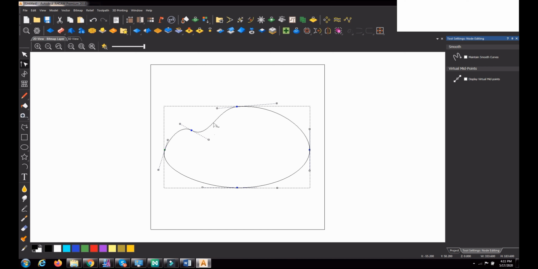You can add any number of points, depending upon your design, and move them or change the shape.